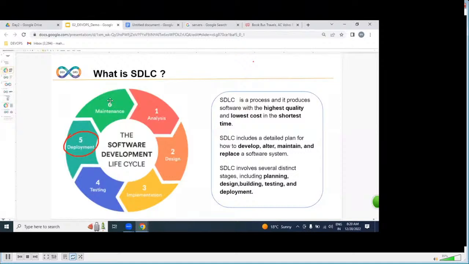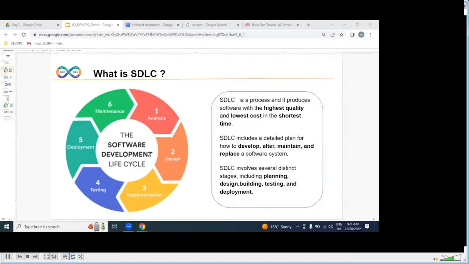This entire process we call SDLC. In SDLC, each and every IT employee is involved, not only the DevOps engineer: AWS admin, Linux administrator, developers, testers. We are all together as a team, producing a website, like a cricket team or movie makers.